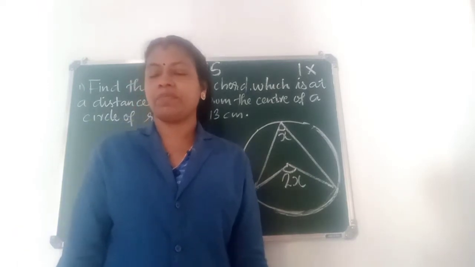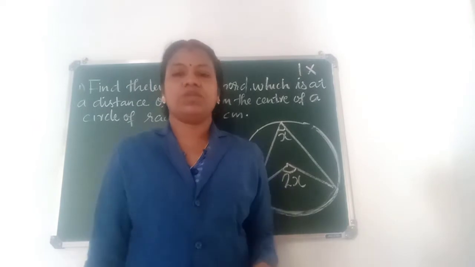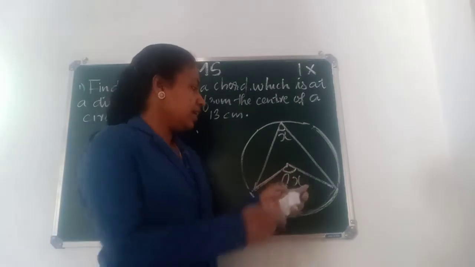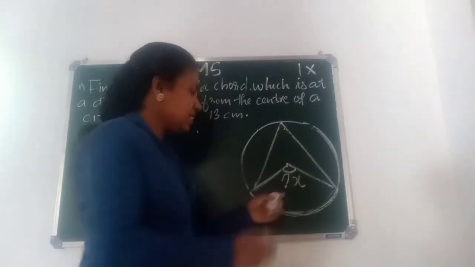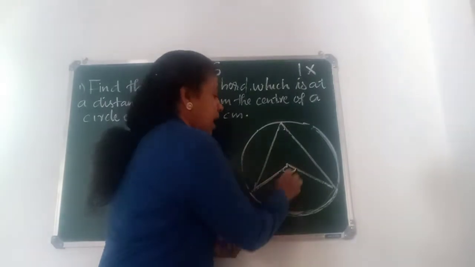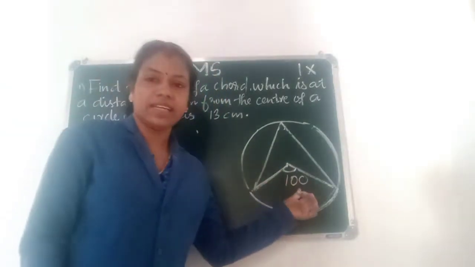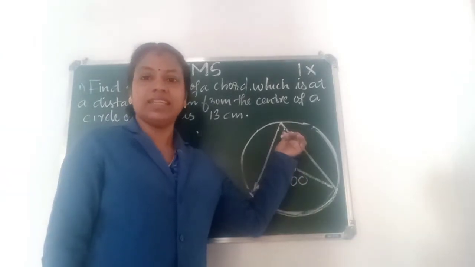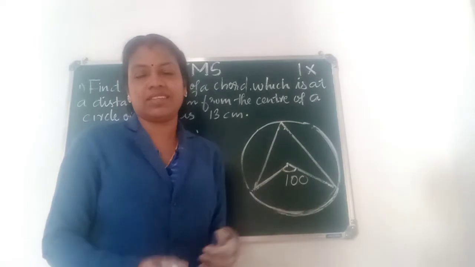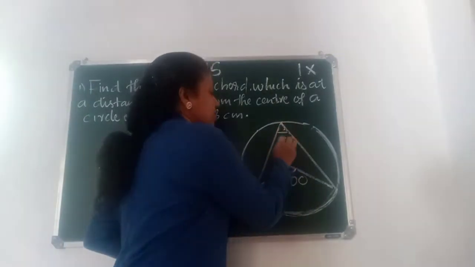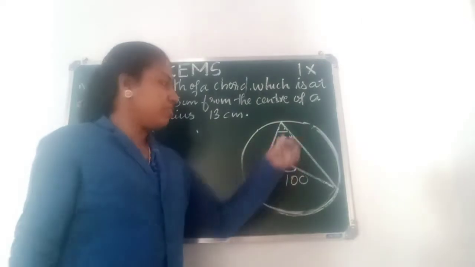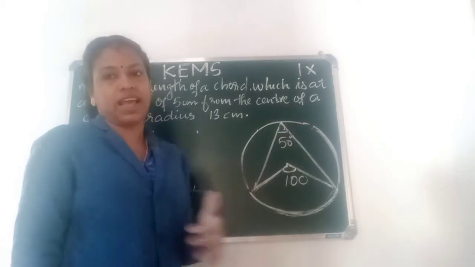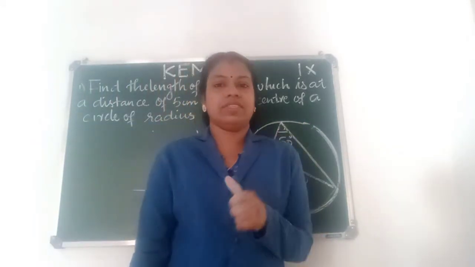Now, we can say it in reverse. Here, this angle is 100 degrees. The central angle is 100 degrees. Then what will be this angle? Yes, it is just half of this. So this angle is 50 degrees. 50 degrees doubled is 100. So this angle is just half of this angle. Now it's clear? Yes, first theorem.